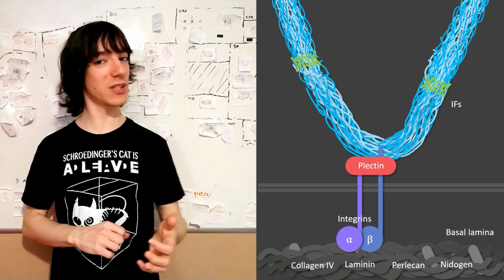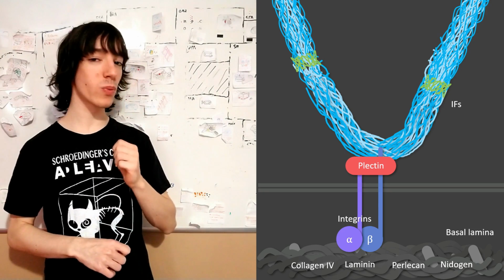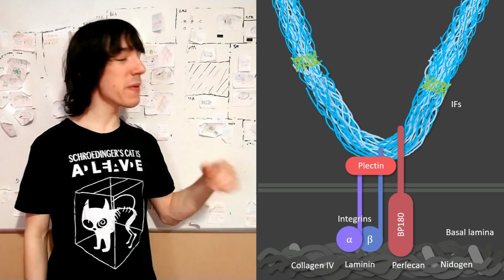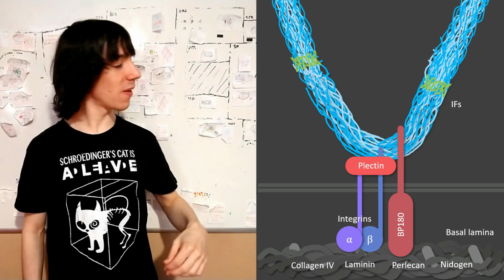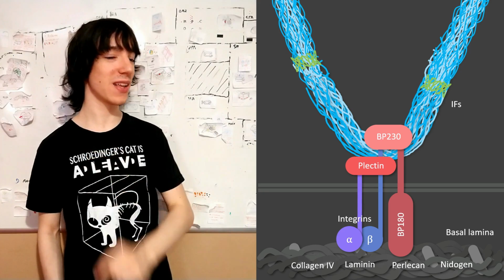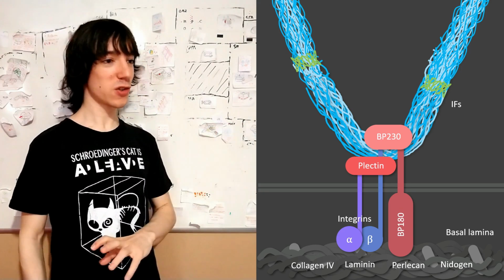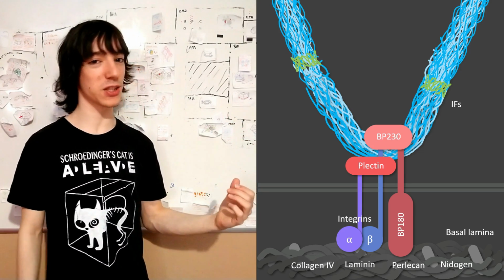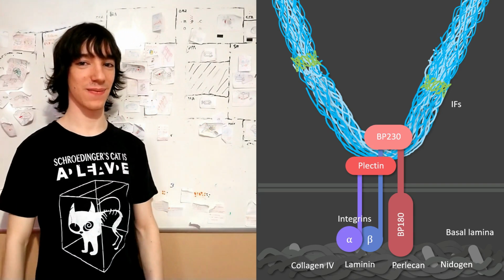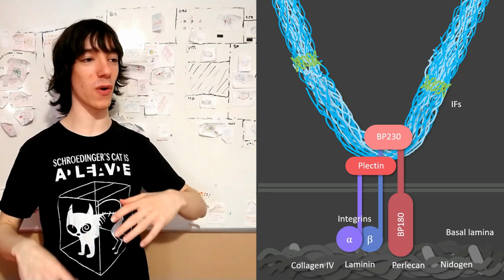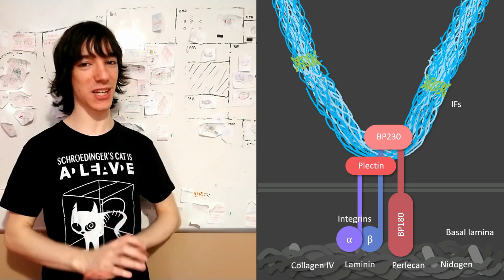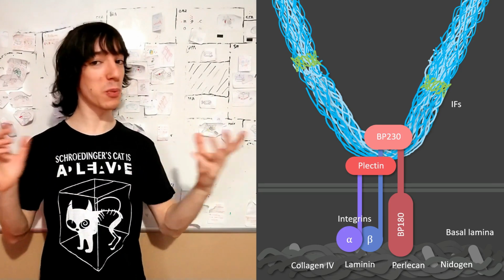Another transmembrane protein that we could find in hemidesmosomes is what we call BP180. BP180 also needs an adapter, BP230. By the way, BP230 can also interact with the beta subunit of integrins, so those tend to cluster as well, as you see in this drawing. Of course, in a hemidesmosome, you have hundreds of these things. But that's it, we don't have secondary adapters or other adapters and all of the complex things that we had in other kinds of junctions. Hemidesmosomes in that respect are pretty simple.